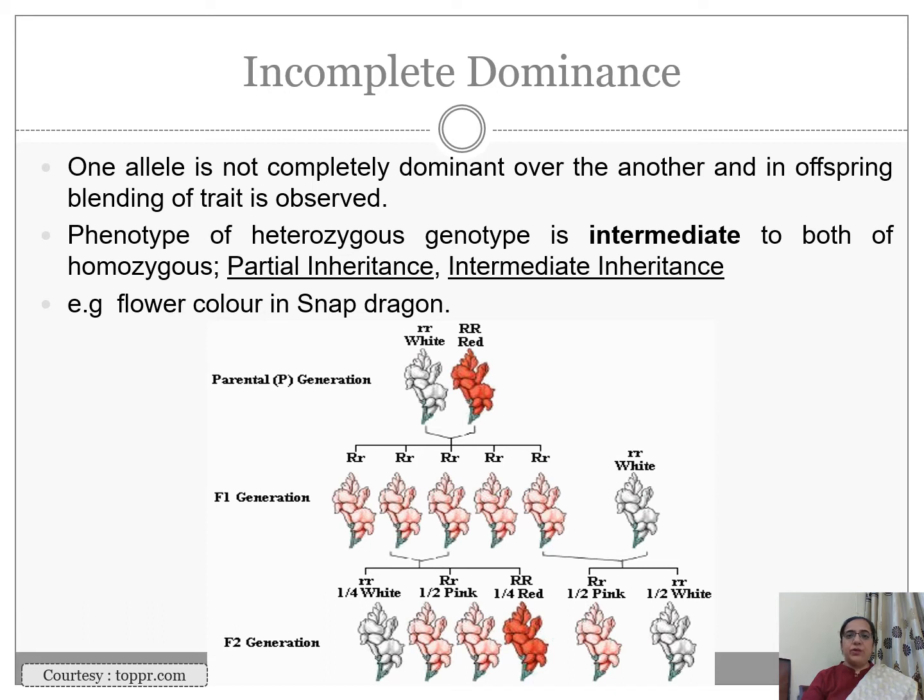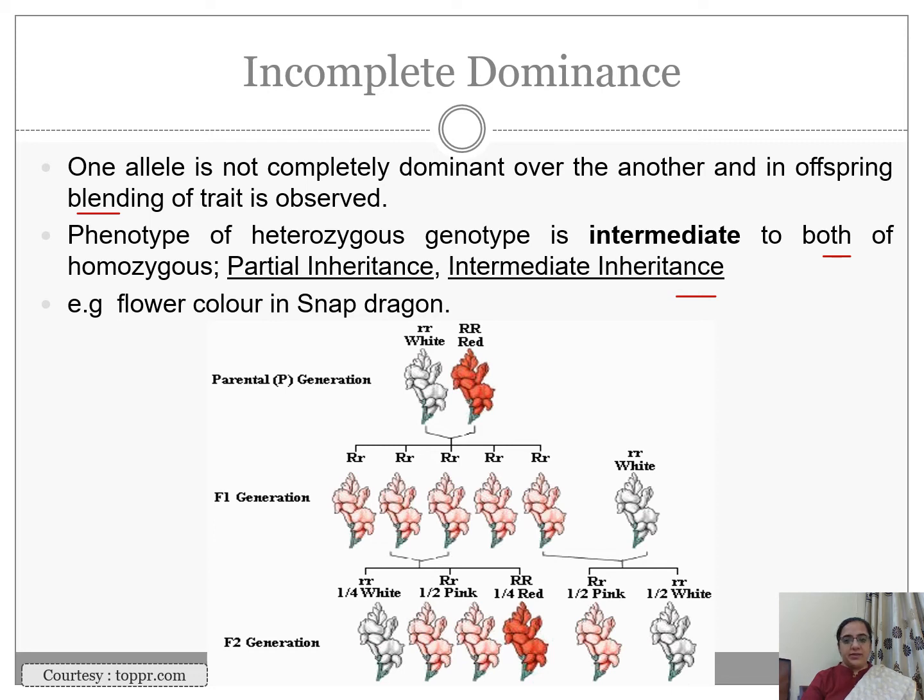First of all, coming to incomplete dominance. When one allele is not completely dominant over the other and in offspring, blending of trait is observed, then we call it as incomplete dominance. What Mendel proposed? That there is no blending of traits. So here the phenotype of the heterozygote is intermediate to both of the parents. That is why it is also known as partial inheritance or